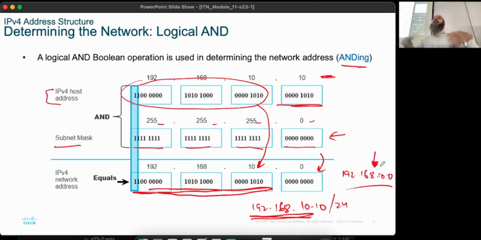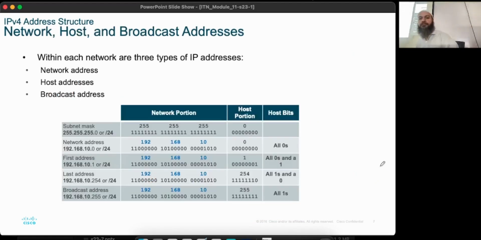It's not complicated. It's when you have too many numbers coming at you together that you get confused. But just look at one IP address and one subnet mask at a time and you will be fine. So for example, if you see something like this, it's like, what is going on? So just try to do one at a time. So here's what we're doing. We are looking at the network address, the host address, and the broadcast address. So there are three types of addresses which are important in a network.